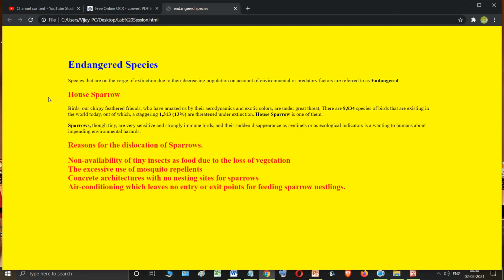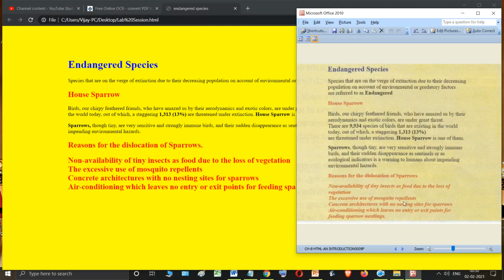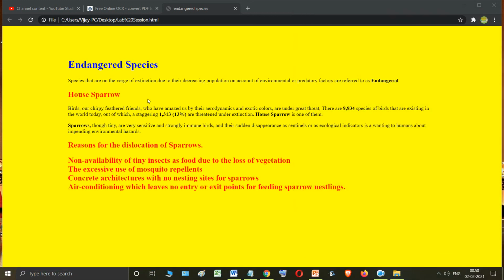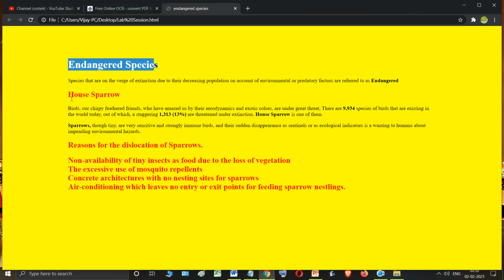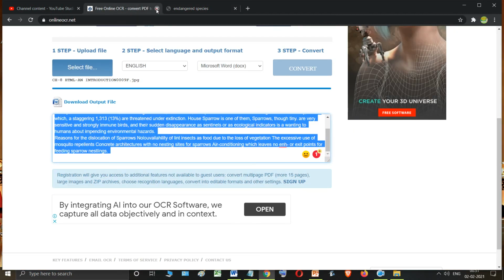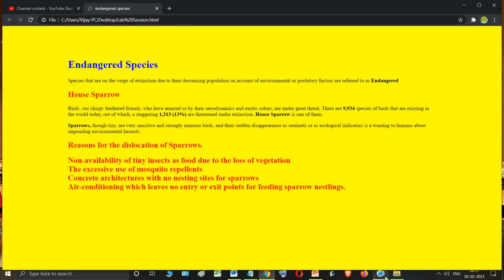So with this, this particular lab session is done. Okay students, I hope you understood everything. It is coming properly as required. This is in blue color, this is in red color, this is heading level 1, this is heading level 2, and so on. Okay students, so this is how you are going to perform your lab session.